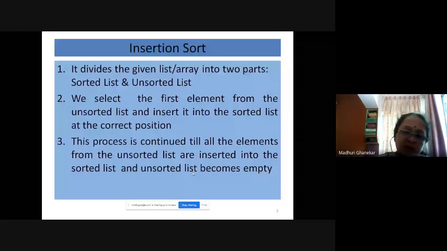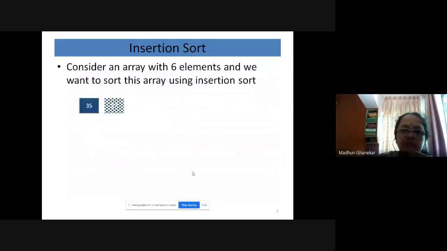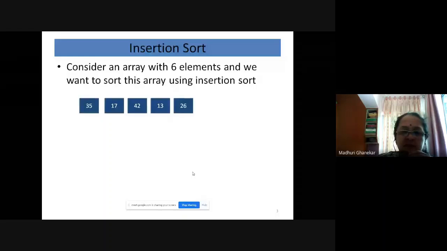For all the remaining elements, from the second position onwards up to the last position, we go on picking up one element and adding it into the sorted part at the appropriate position, until all the elements from the unsorted list are added into the sorted list. We will not end our program before that. So this kind of loop will continue. We will see with some example.